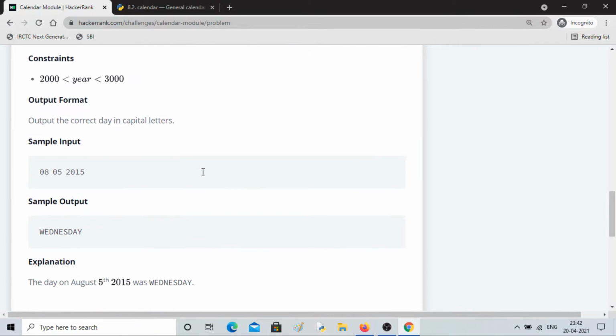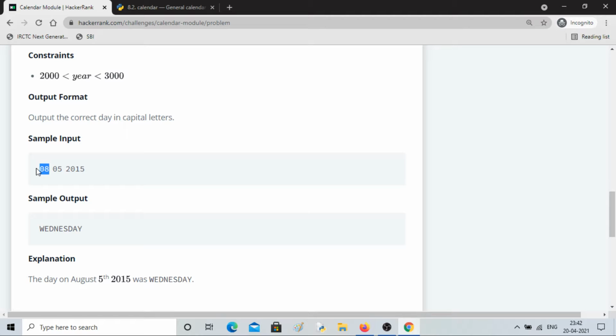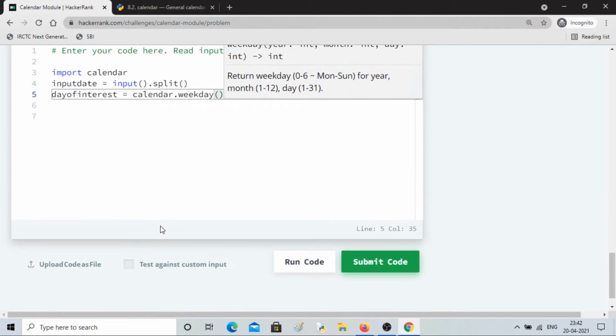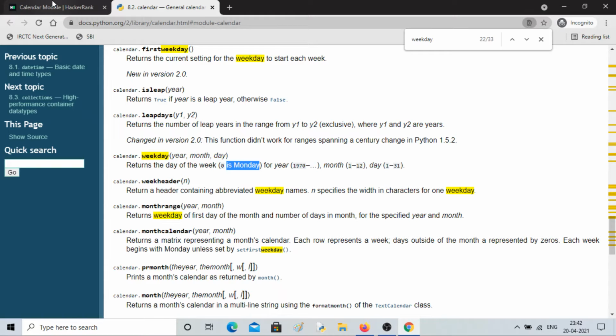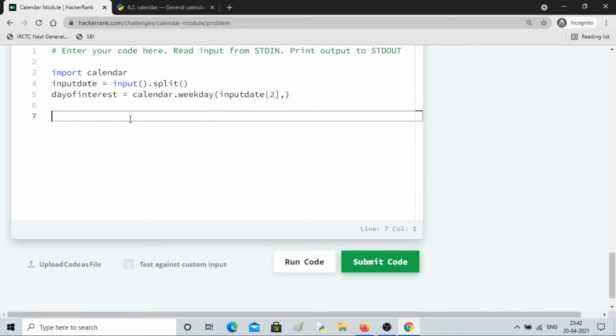And how are we getting the input? First element is month, second element is day, third element is year, indexed 0, 1, 2. So the input date index 2 is the year, and then for the input, month is the first one.